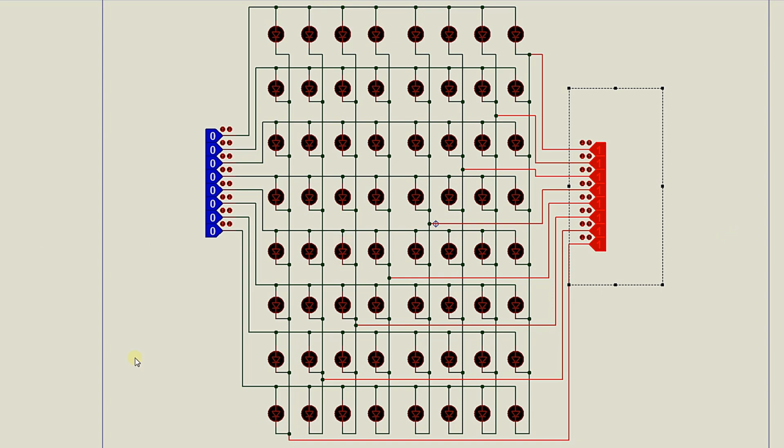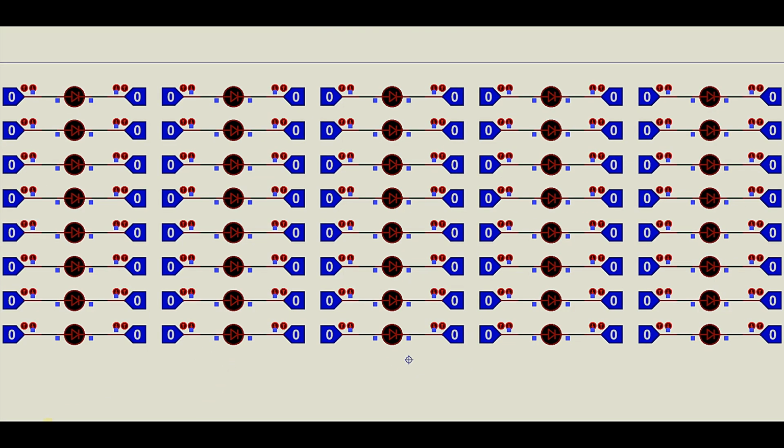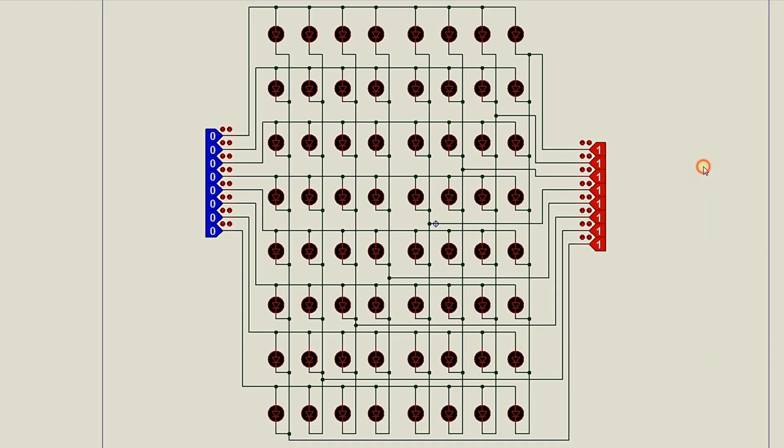But in our previous arrangement, you would have seen that for this 5x8 dot matrix arrangement itself, in a conventional way, we needed 40 GPIO output pins from the microcontroller or microprocessor. So the first problem has been resolved. And the next problem is the current consumption. In this dot matrix display, we would only light up one row or one column at a time. At the max, we will light up only 8 LEDs. So 8 into 10, which is nothing but 80 milliamperes, will be the maximum current consumed at a time in